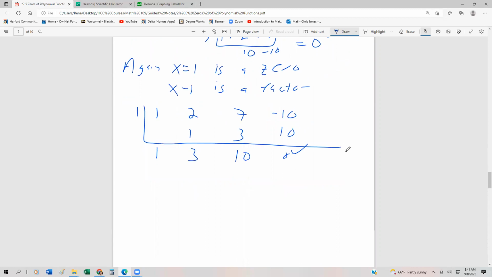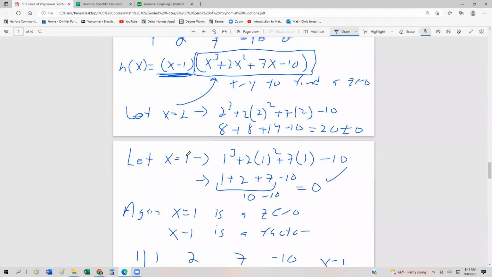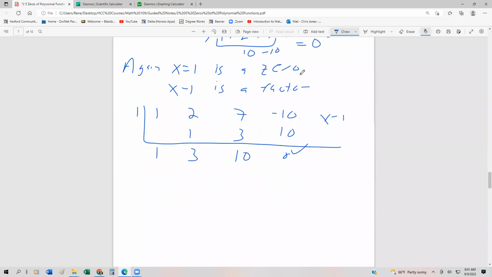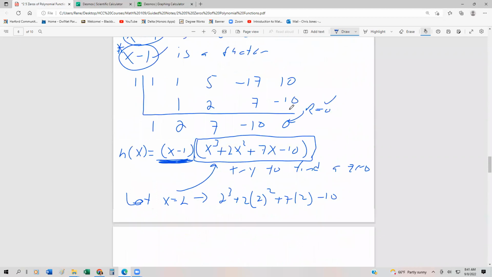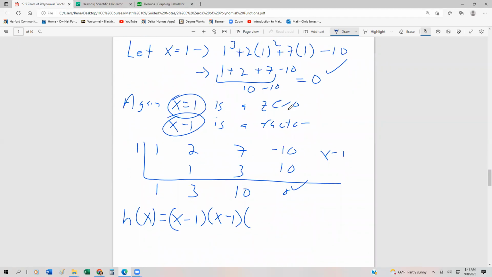Okay, so remember, x minus 1 was a factor. Okay, we also had another x minus 1 here. So that x cubed minus 2x squared plus 7x minus 10, our h of x now is going to be x minus 1 from the first x minus 1. We have another x minus 1. Okay, so again, we have two factors of x minus 1. So remember, up here, we had a factor, and over here, we had a factor. Okay, and then we still have this remaining x squared plus 3x plus 10 from the result of our synthetic